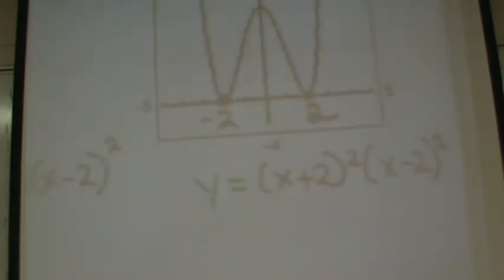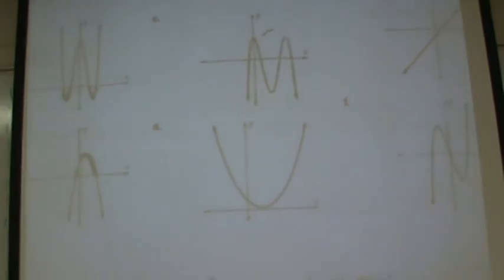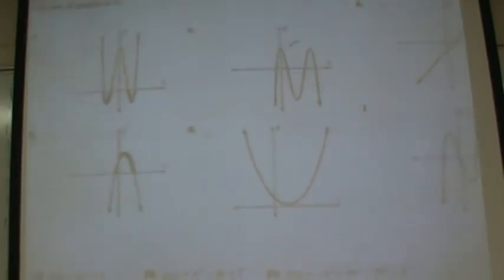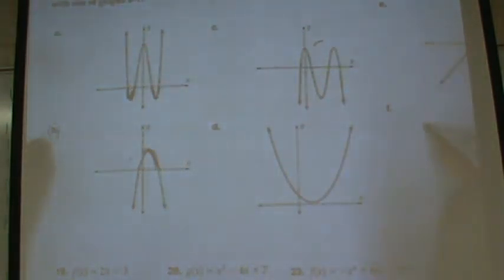Okay, so next, look at the bottom 6 problems. You have multiple choice here, or actually matching. These are matching. You've got A, B, C, D, E, and F. I would like you to take these 6 polynomials, and I want you to tell me, based on the left and the right behavior, the degree, tell me which is which. And tell me